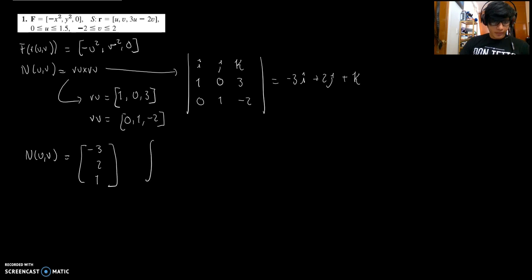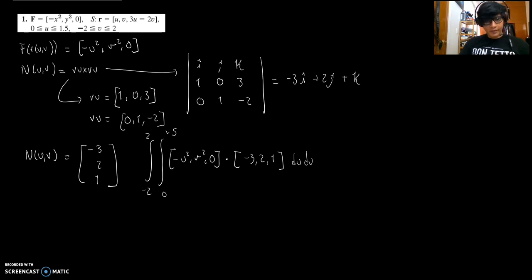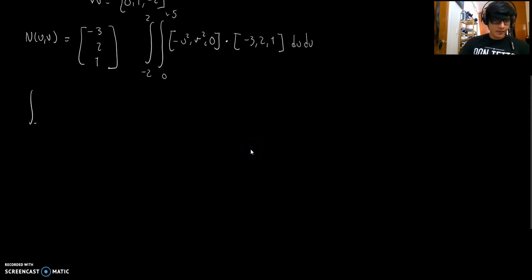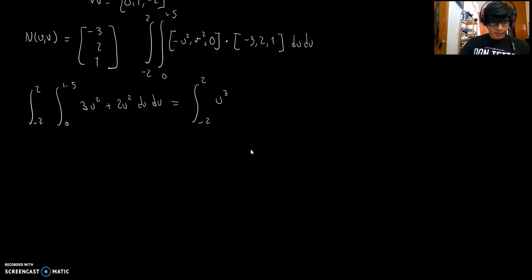So now we can evaluate the integral. We know that v goes from minus 2 to 2, and u goes from 0 to 1.5 of the given vector function multiplied by the given normal vector, du dv, and we will have something like this: integral from minus 2 to 2, 0 to 1.5, of 3u squared plus 2v squared dv, that would be equal to the integral from minus 2 to 2 of u cubed from 0 to 1.5 dv